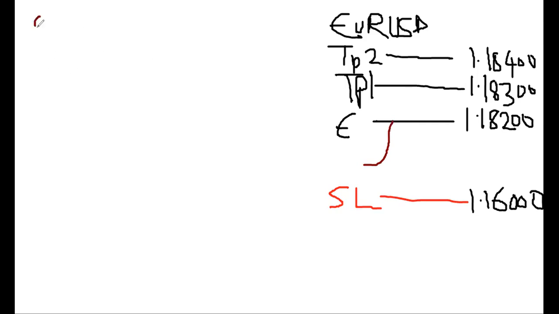Class note, let's say I'm actually trading with a $500 account. Remember, on the $500 account, 10 pips is exactly $5, and 20 pips will be exactly $10. So let's see the benefits of this. If this trade goes up and hits TP1, automatically I've earned $5 in my profit margin. Now, if this trade goes up and hits TP2,